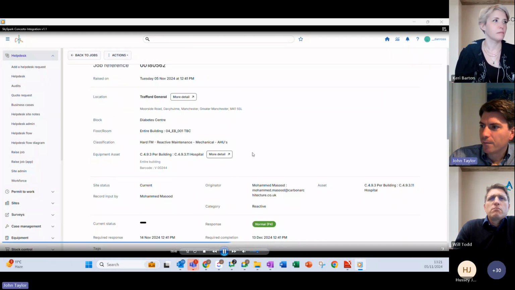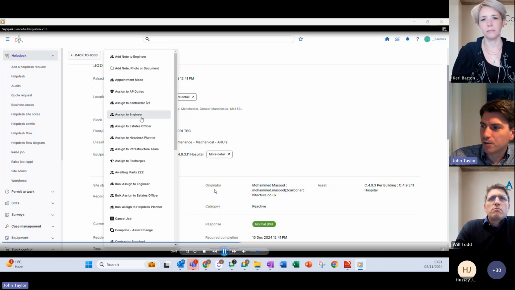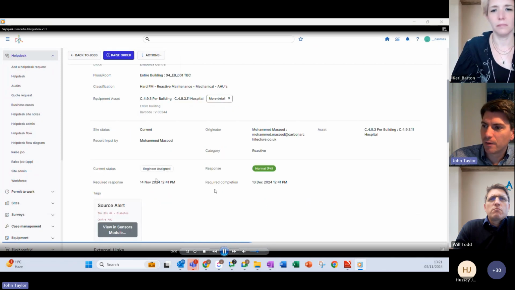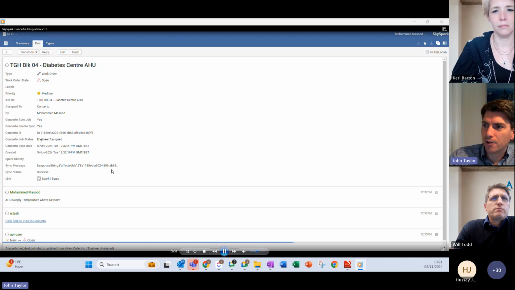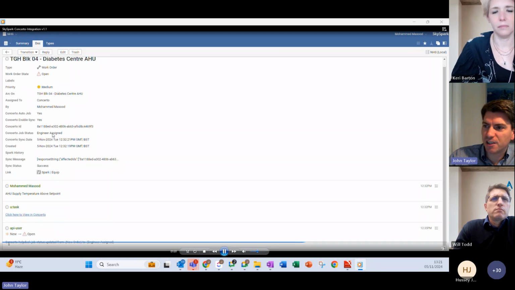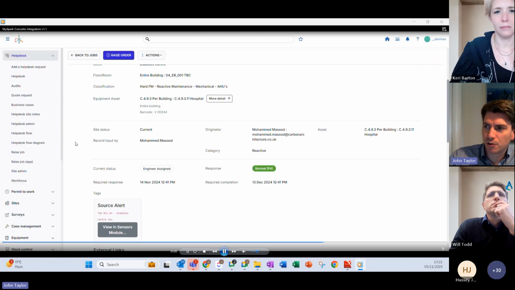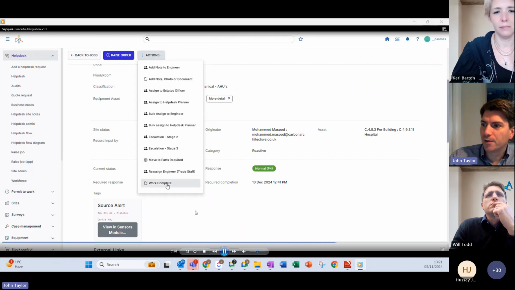And then as you scroll down through here, what we're able to do now is assign engineers to that job. Again, we can do it a manual way, we can assign engineers. And that will then sync back with SkySpark. This is just refreshing now, and you'll see that it's synced back and it's telling us that an engineer has been assigned. So we can see that status update in this software as well. It's just the two softwares operating in sync, delivering savings.